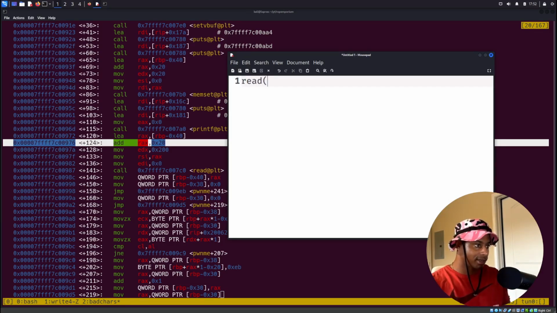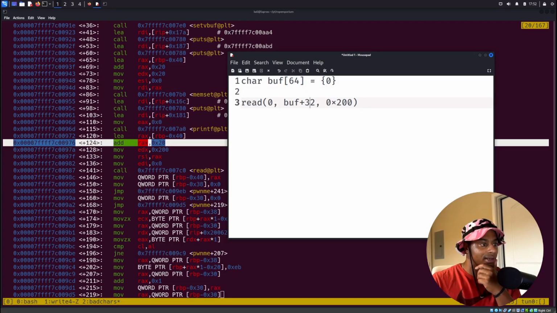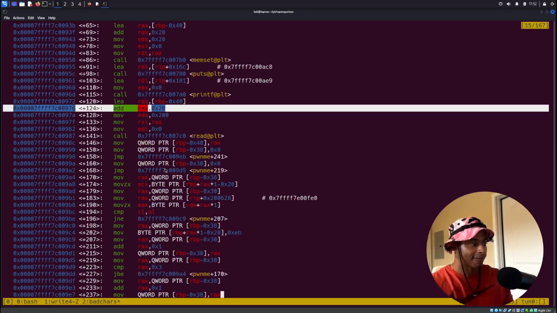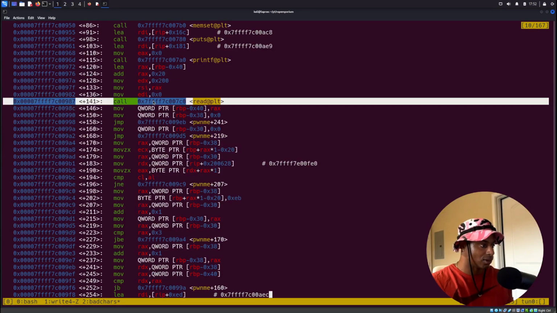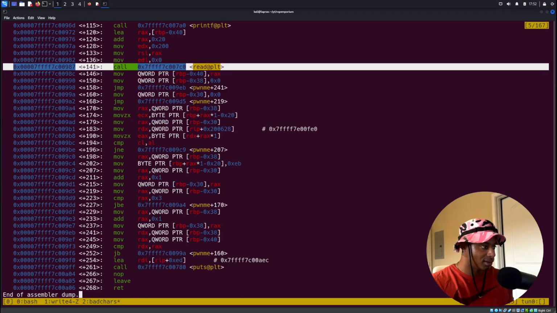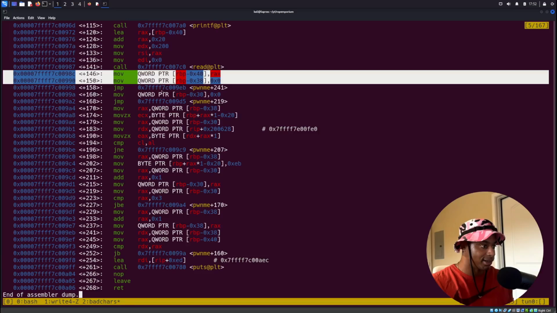It looks like it's calling read on 0, so standard input. And then it's doing our buffer plus 32, and it's reading 0x200 bytes. So it's probably something like a character buffer of 64 bytes, set equal to 0. But then we're moving 32 bytes in, like halfway in, if I'm understanding this correctly. So it calls read, and now I think it's actually looking